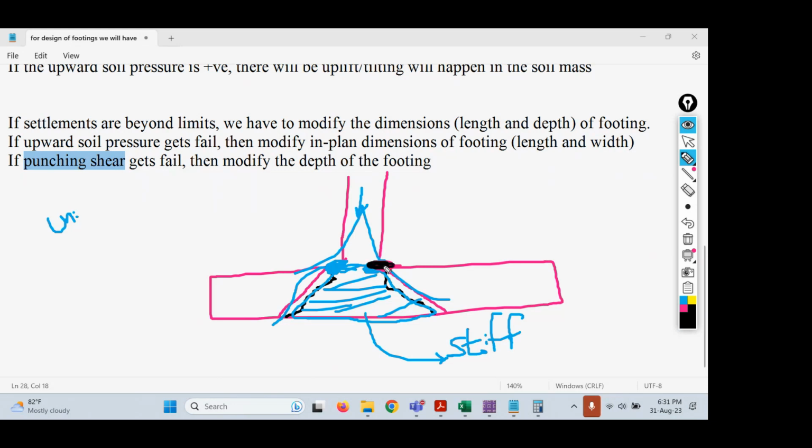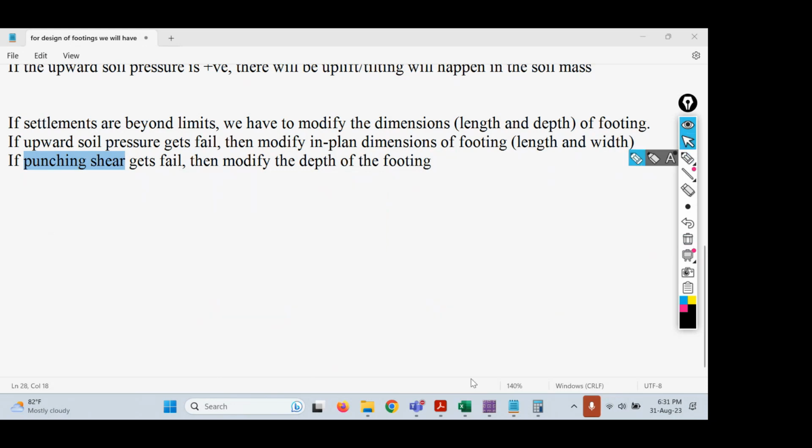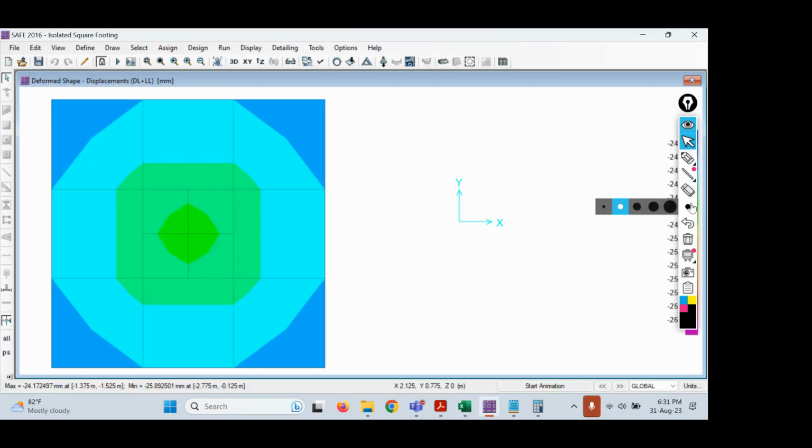Let me write that. From this corner portions, the cracks will initiate. Now let's see the punching shear. Okay, let's check the punching shear. That is two-way shear. So if you go to CSI SAFE software, and here, if you see this particular option,